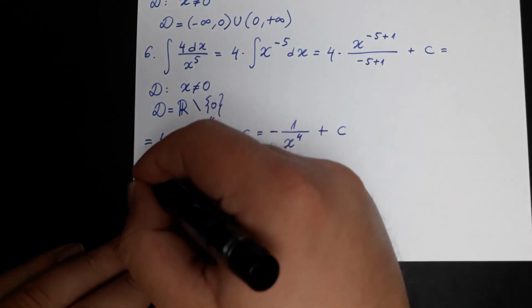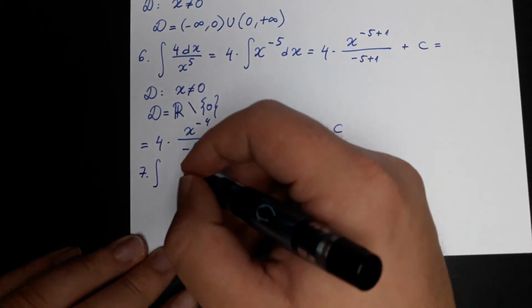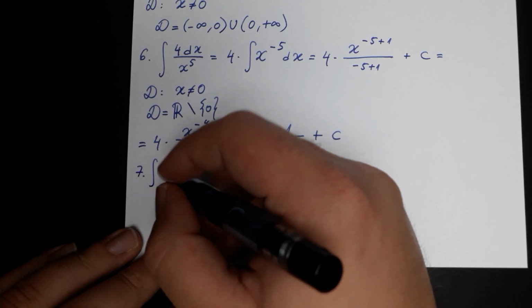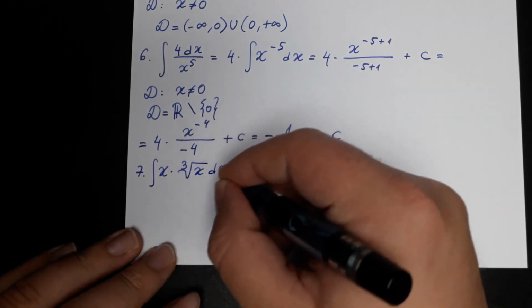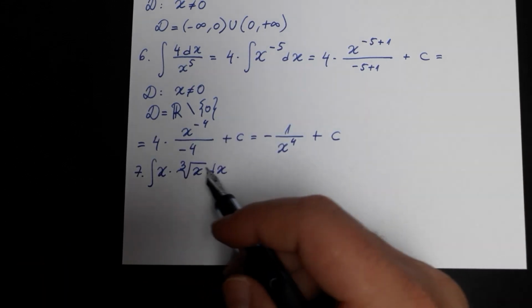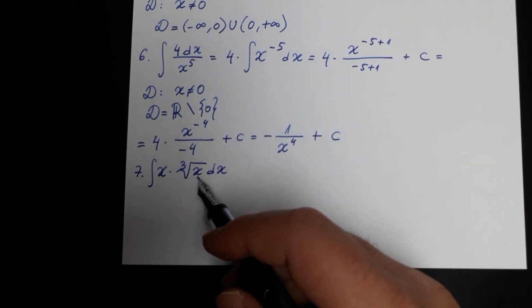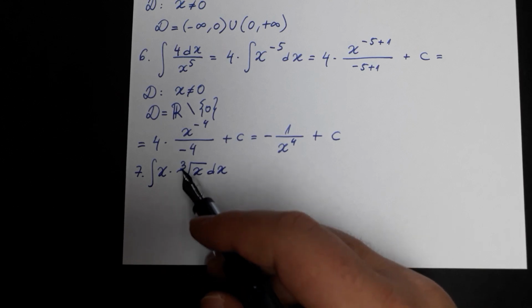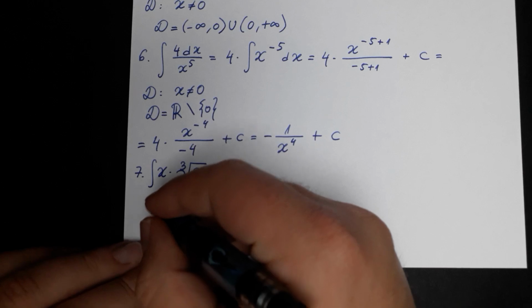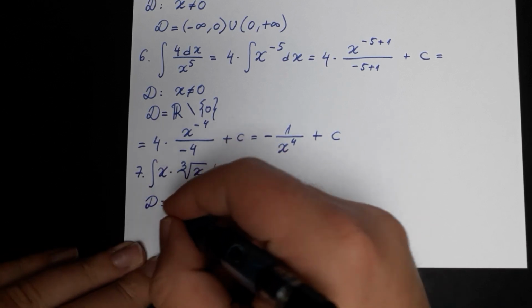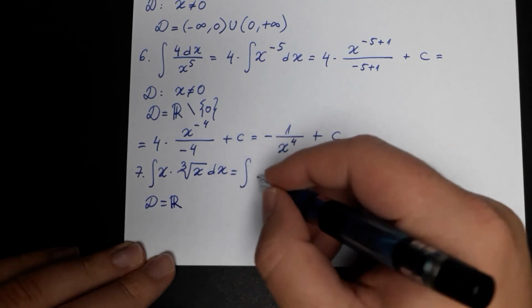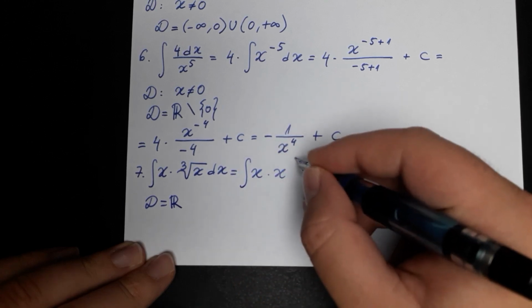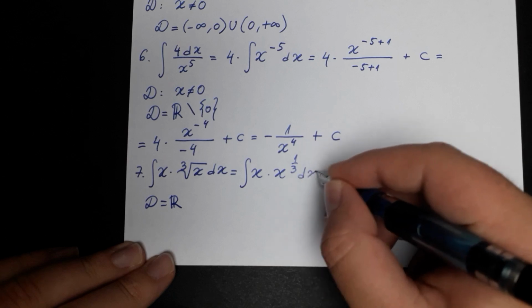The next integral which we have to solve is an integral of x times cubic root of x dx. Now when we have the square root of x, x has to be a number which is larger or equal to 0. The cubic root doesn't have that problem, so the area of definition of this integral is the entire set of real numbers. So this is then equal to an integral of x times x to the power 1/3 dx,